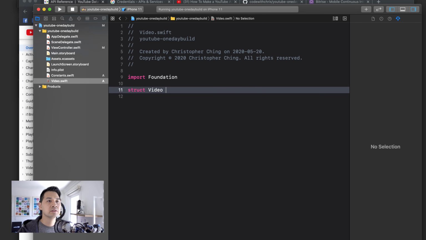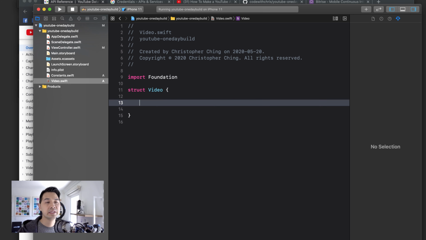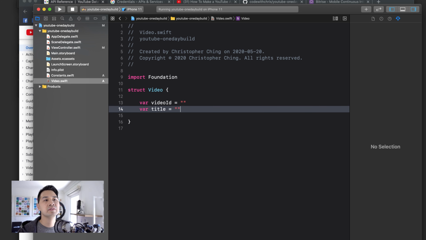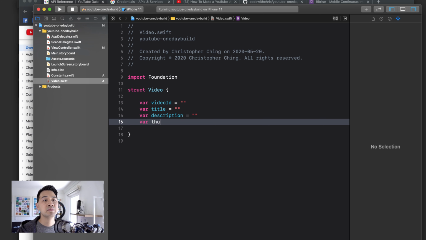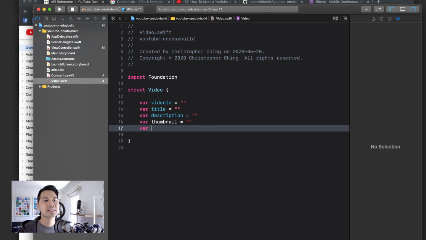And this is going to be a struct called video. And we're going to put the properties that we need in here. Earlier, I mentioned the ones that we need, and we looked at the JSON response from the API, and I pointed out all of the different places we're going to need to pull that information out, right? If you remember, it was video ID, it was the title of the video, it was the description of the video, it was also the thumbnail URL, and lastly, it was the published date. So we'll just call this published. So this struct is going to represent, each instance of this is going to represent a video that we're going